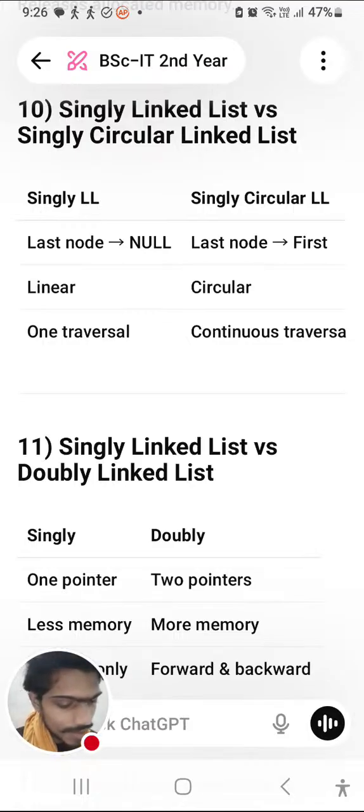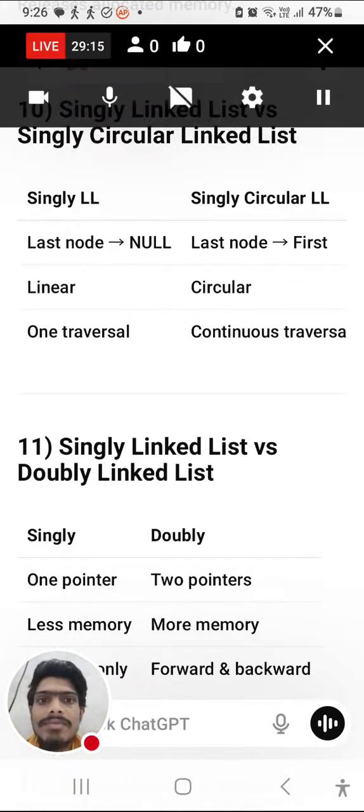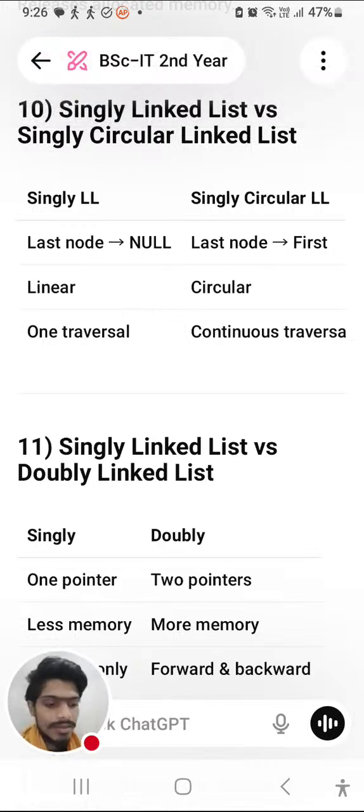it works something like this. I don't have a feature to show you, but I can easily help you understand it, so I can explain properly. In a singly circular linked list,